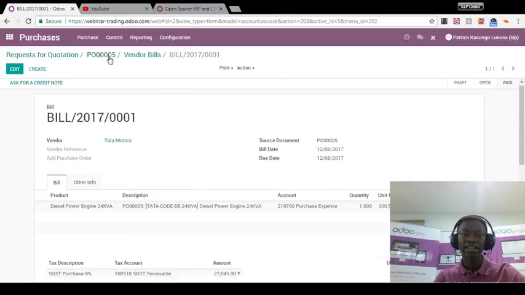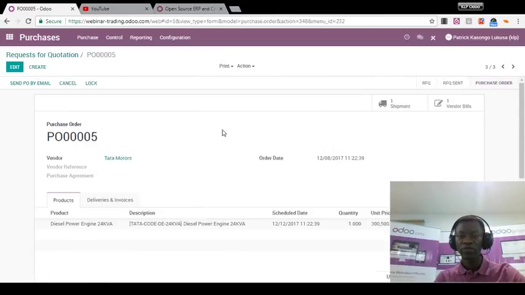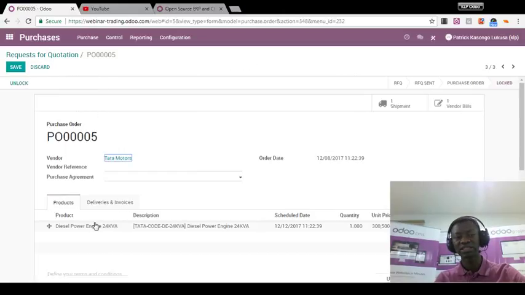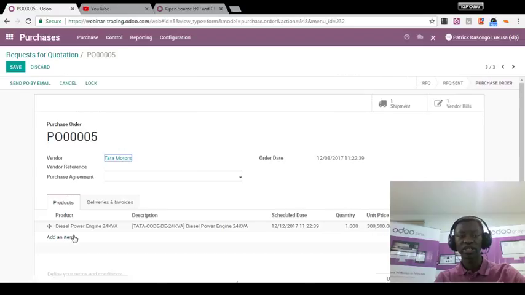I can come back in the breadcrumb to my purchase order. Everything is finished. I have received the product. I have received the bill. I can lock this purchase order. Locking simply means I will not be able to edit, add, or remove the product. Should I want to edit this same purchase order again, I can still unlock it, add a new product,